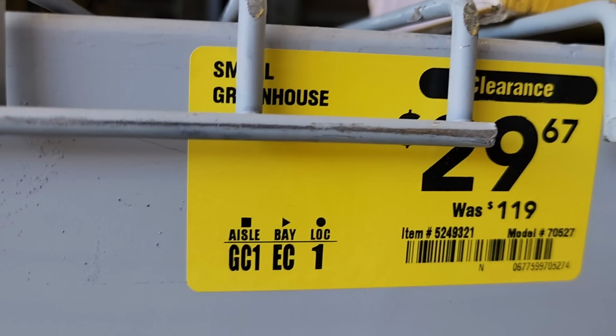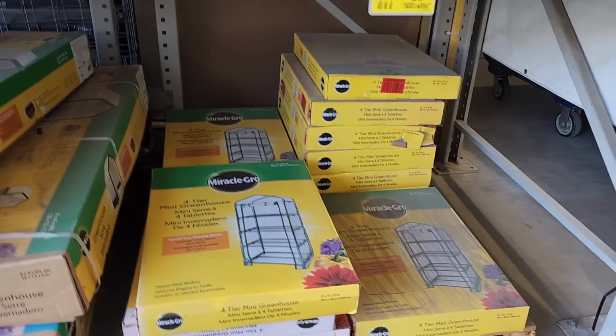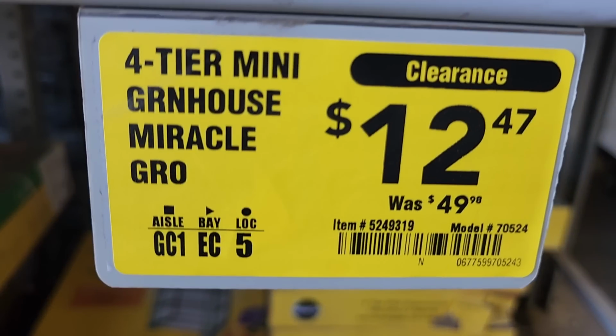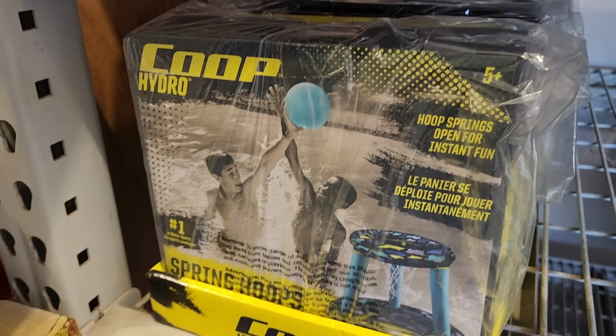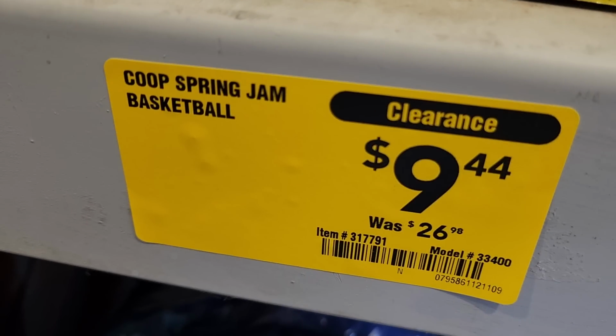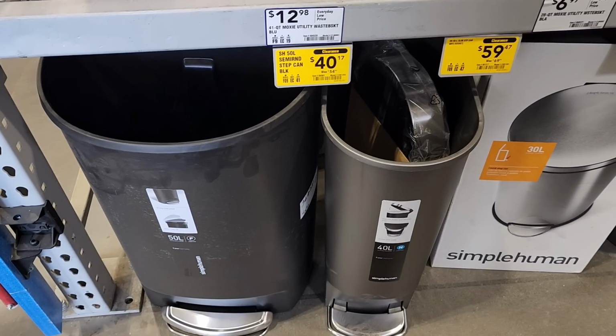If you guys want to have some greenhouses, it's $29 down from $119. So if you guys are on the resale, you guys could sell this on probably online or something. So this one's $104 down from $1 something. Pretty good deal. And then this is a really small one, $12.47. Killer deal on that one. And then you got this hydro thing for $9 down from $26. Yeah, I know it's winter's already around the clock there, but